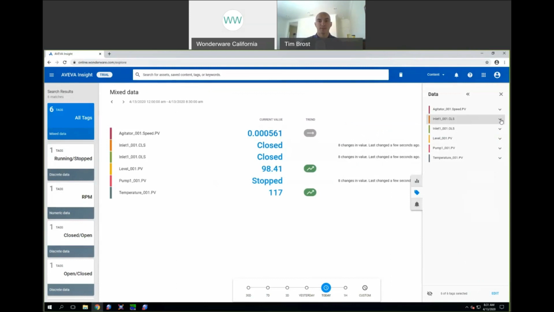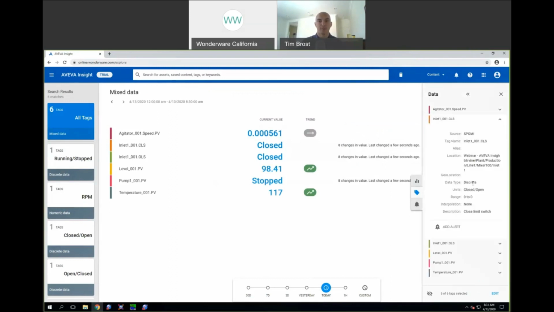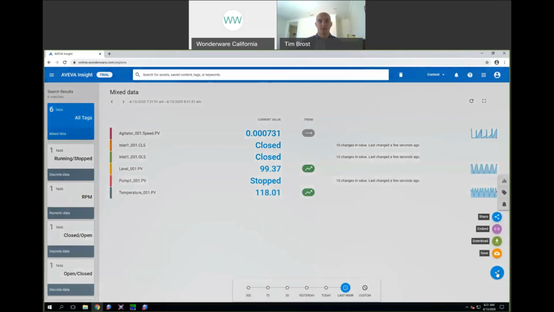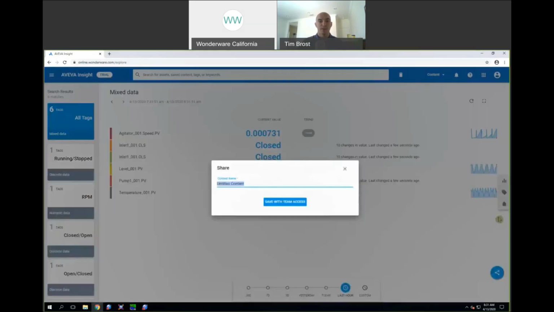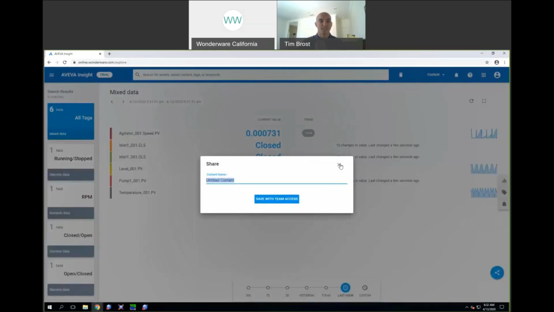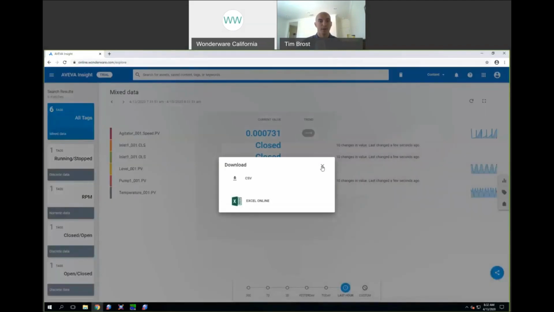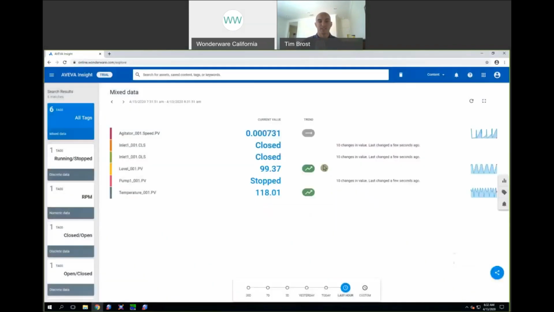Now, if I click the drop-down arrow, I see more information about that tag, including metadata, as well as any alerts. I'll change the time range to an hour, and immediately the snapshot gets changed to accommodate that hourly time range. I can share via a link or an email once I save with Team Access. I can embed this into an external URL, like a public web page, or even download as a CSV file